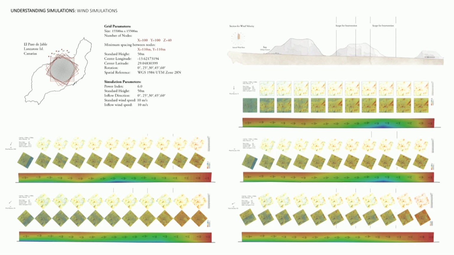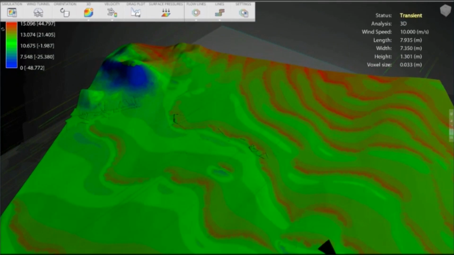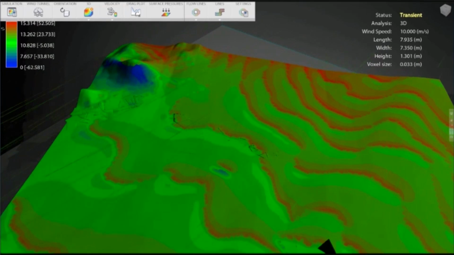But since the deposition takes place as a result of sand saltation, it leads to a very interesting spectrum of velocity and depth. And it led to the diagram that we had seen before, where we had the red-green bands. So we extracted it from the simulations and got a velocity and depth spectrum, which led us to demarcate the areas where we could grow particular crops or have certain infrastructures.